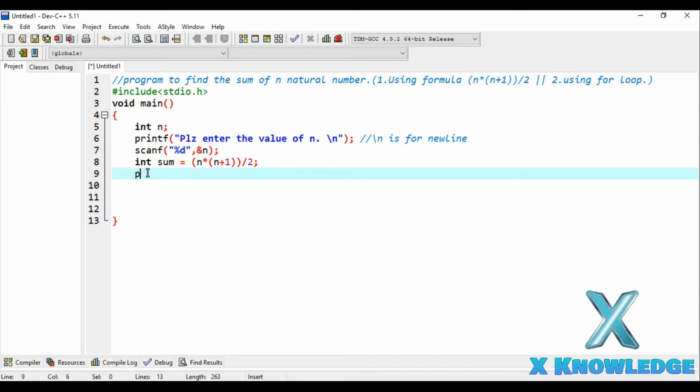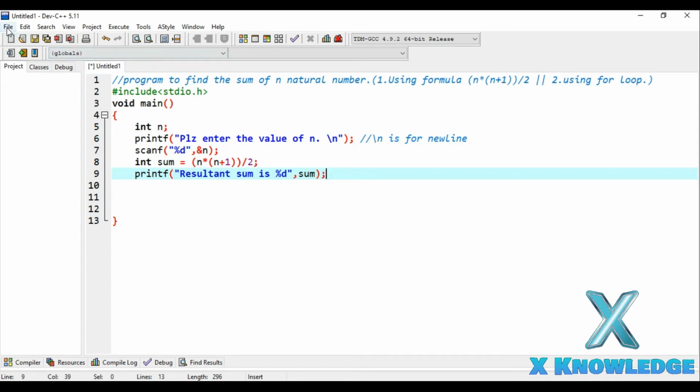So we will have to print this value. With the help of the printf function of stdio.h we will print that value. The resultant sum is %d, and we will replace this %d with the value of sum. Okay, so let's watch the output of this program.